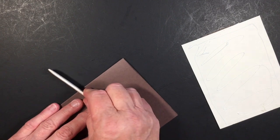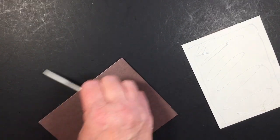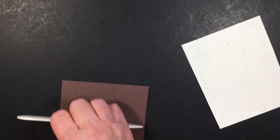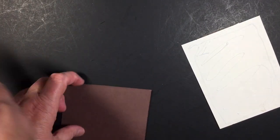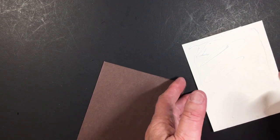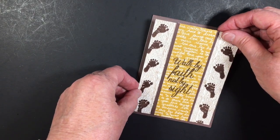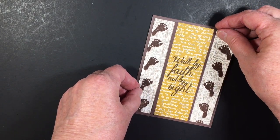Before we do that, I'm going to give this a nice big press. A little bone folder. It's easier to do it now than when you put the top on it. Lined up,